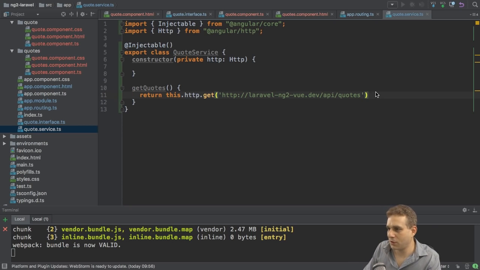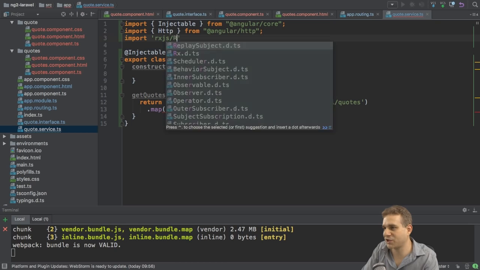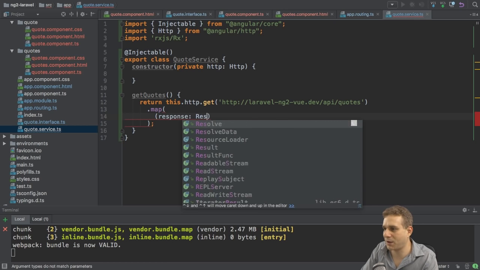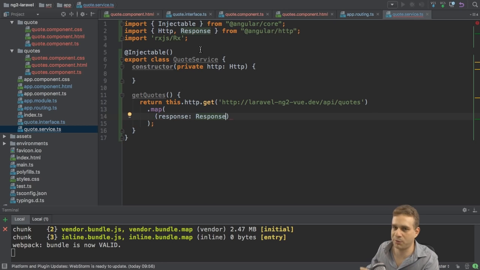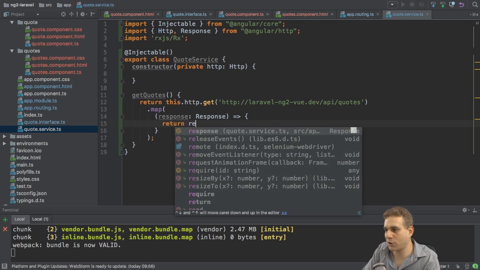I also want to map the response to transform it, and for this to work I need to import rxjs/Rx to unlock this map operator. Here I know I get a response of type Response. Response is imported from @angular/http, and then I can simply transform it. So here I want to return